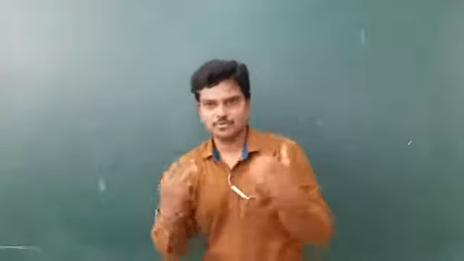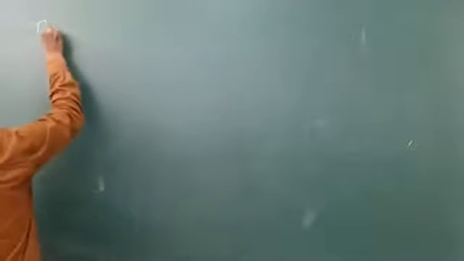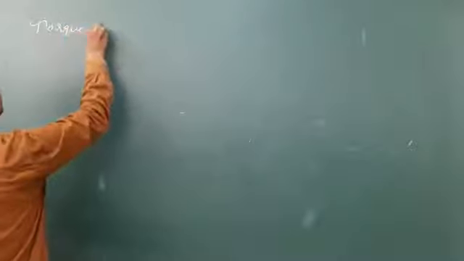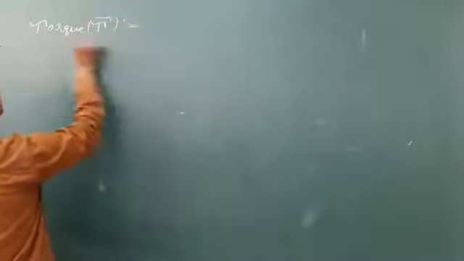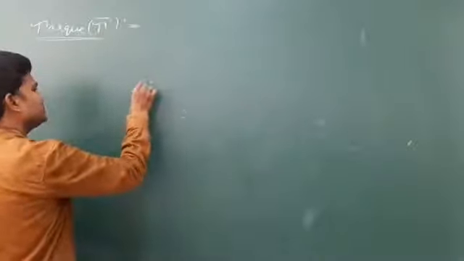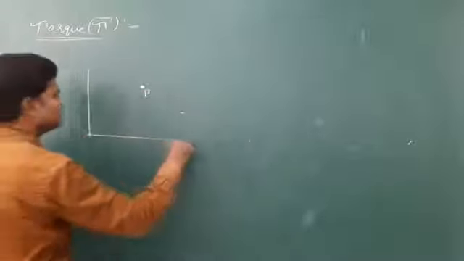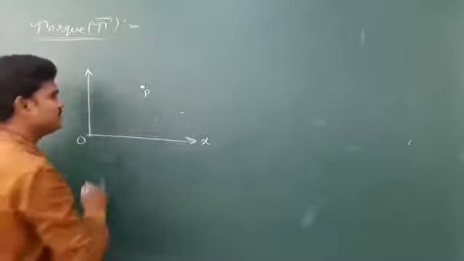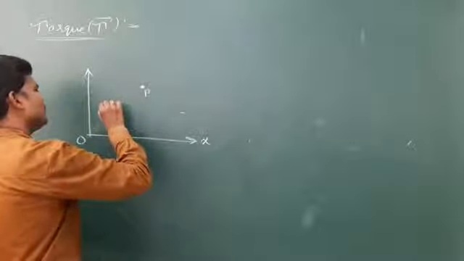Let us see, before that, what is the equation of torque. I hope you know the basic equation, but let me give some idea. Torque is represented as tau, and no doubt it is a vector quantity. Let us suppose a particle which is in the xy plane. O is the origin, and the particle is at a position vector r bar.